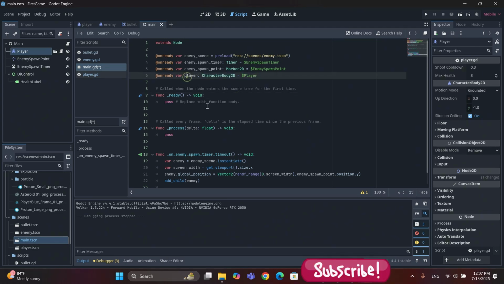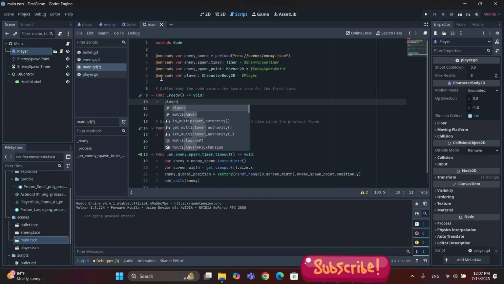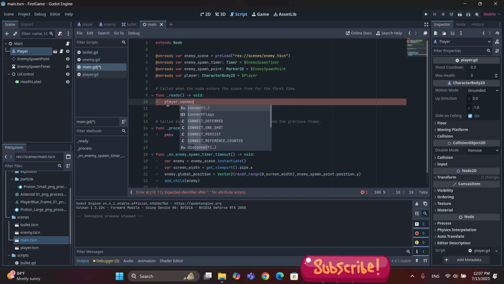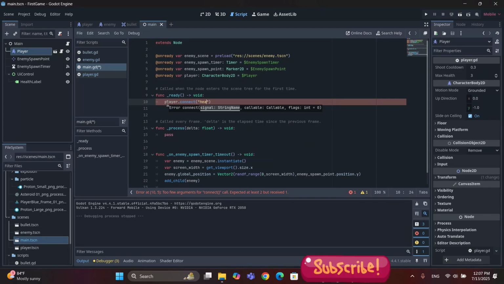So we want this player node, and inside the ready function here, let me just delete the pass, and here we are going to connect it like this: player, write the variable name that holds our player scene or the player node, and after that dot connect, and in here we are going to connect the signal. The signal name was health_update, and comma,